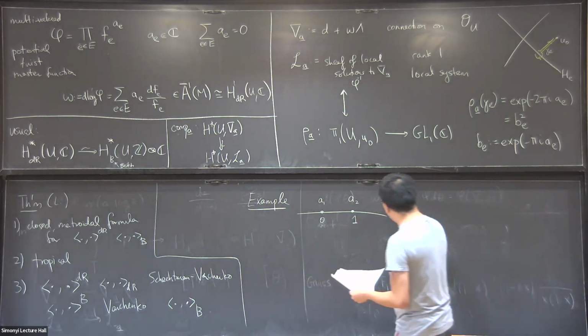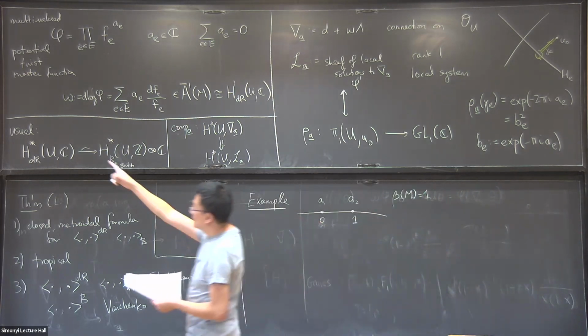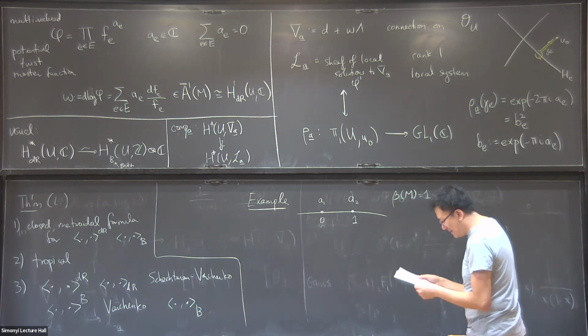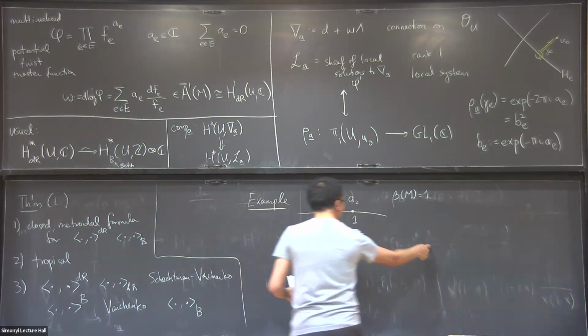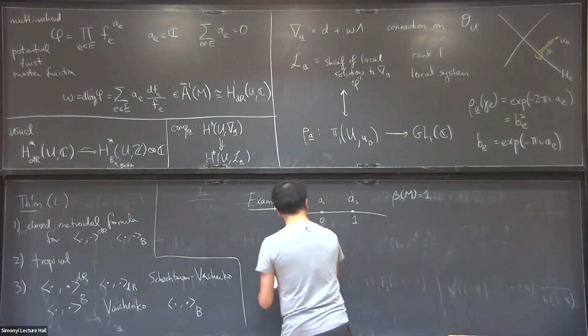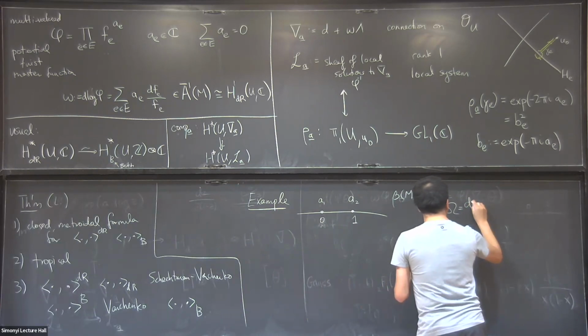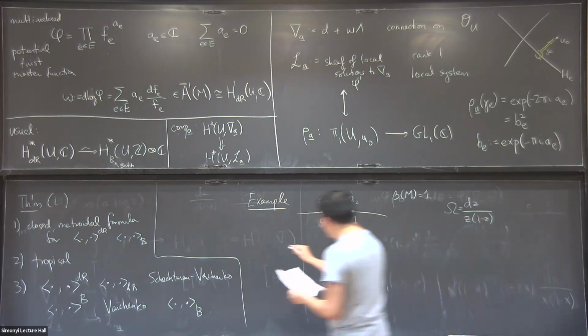In this case, the beta invariant of this matroid is 1. So this is a one-dimensional vector space, and one possible basis of this vector space is the form that I just erased. You can take omega is dz over z(1 minus z),